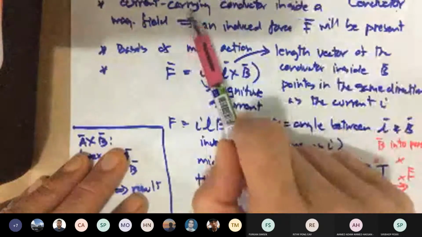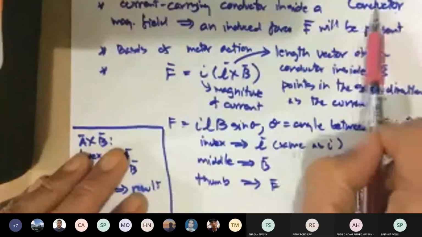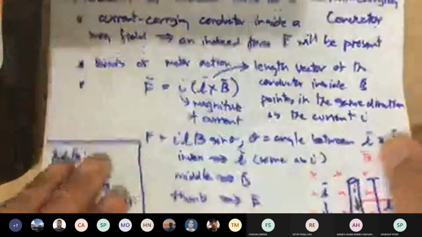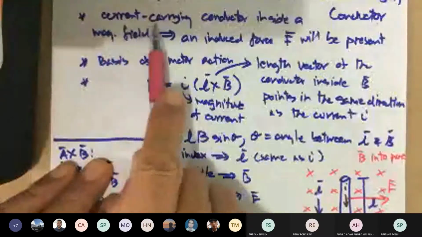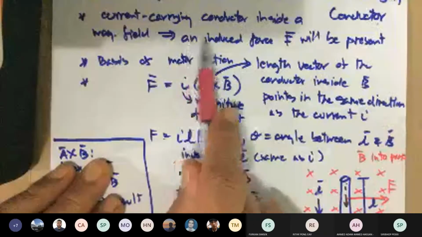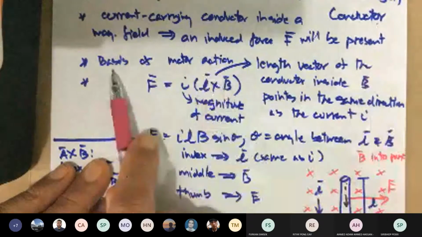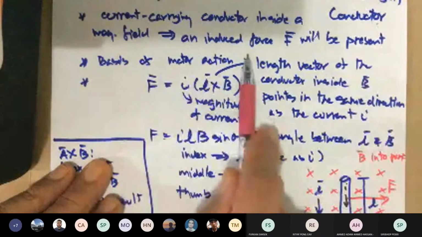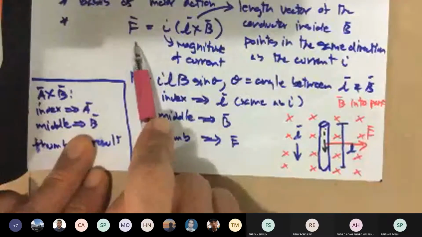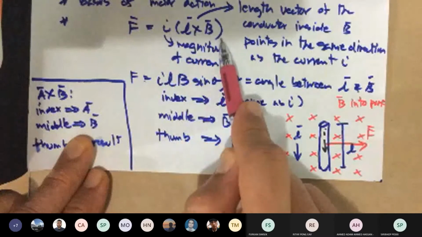So this is the third principle, meaning you have a current carrying conductor as the input, and you get an induced force. It says here, a current carrying conductor inside a magnetic field results in an induced force on that conductor. This is the basis of motor action. The related equation, which you've seen in physics already, is vector F, the induced force, equals I times vector L cross vector B,